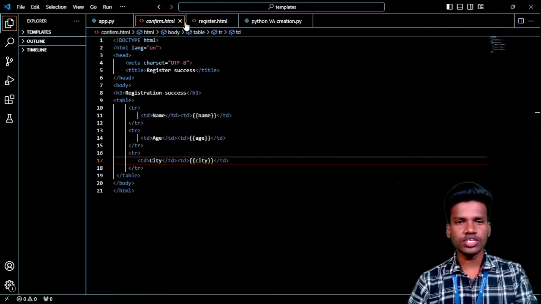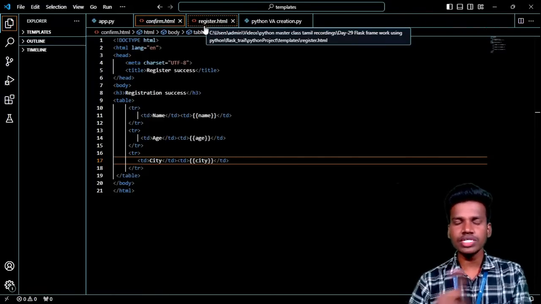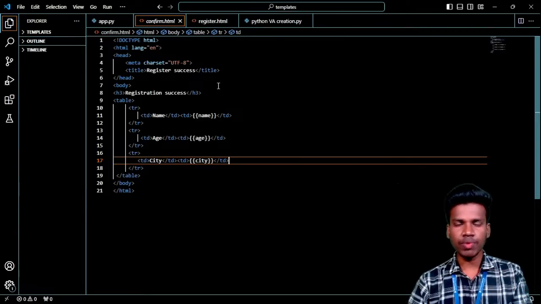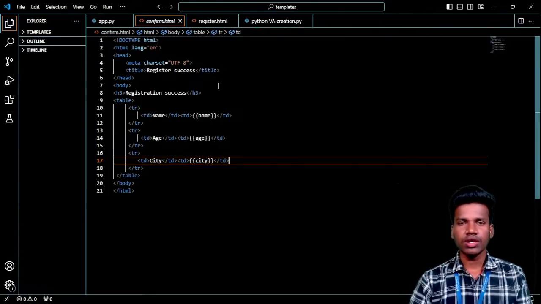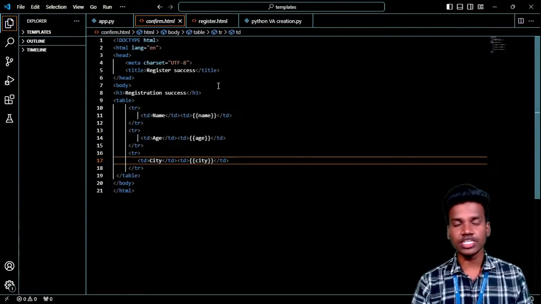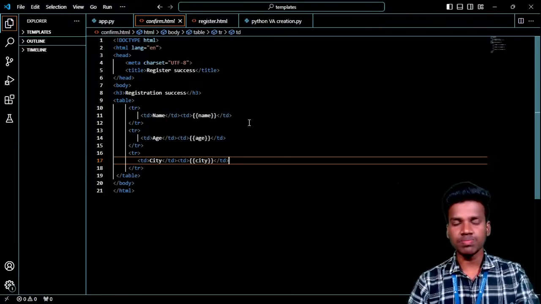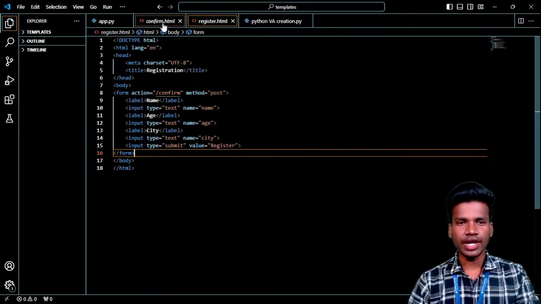So in this HTML code, we are passing the values to the next page, right? We all know how a web page works. Once we open a web page, it starts at the home page. Now I click a button to move on to the next page. In between, this HTML code helps to transfer the data to the next page, right? That is the thing. So this is just HTML and confirm HTML.